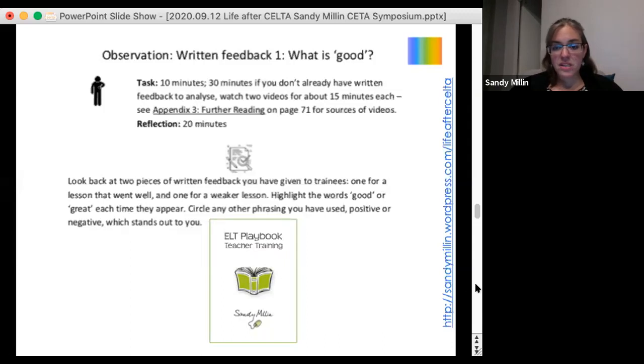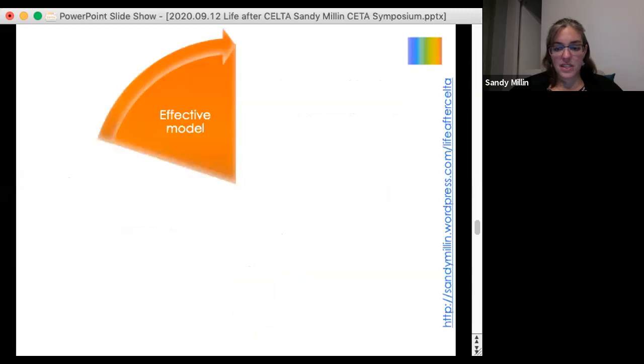Okay, so then the last area we have is effective modelling, or being an effective model. So we want the teachers to model good practice to their students. For example, good language learning practice, clarity of communication. But it's also super important that trainers should model to their trainees as well. I've already mentioned a few ways that we can do that, but I think there are a couple more